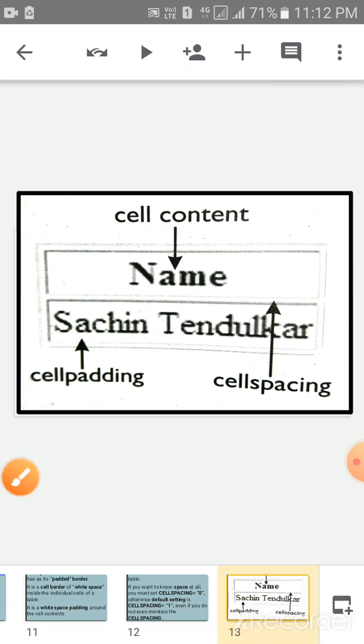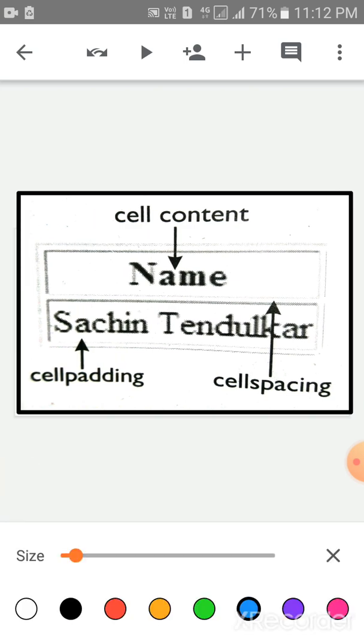This is the screen for cell spacing and cell padding. Children, cell padding refers to the inner space that each cell of a table has as its padded border. It is the cell border of white space, this one. This is cell padding, the white space inside the individual cell of a table.